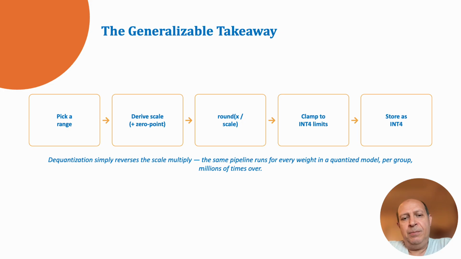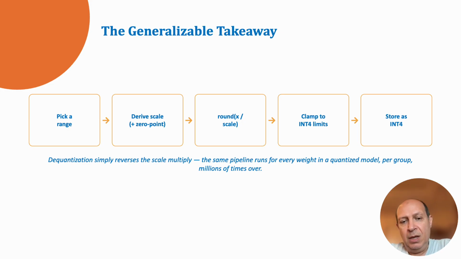This is a summary slide depicting what we can take away from the various quantization we have done so far. So we always start by picking a range. We took an example where we took the range between 0 and 32. From that, we calculated the scale. And then depending on whether we are using symmetric quantization or asymmetric quantization, we decide whether there is a 0 point